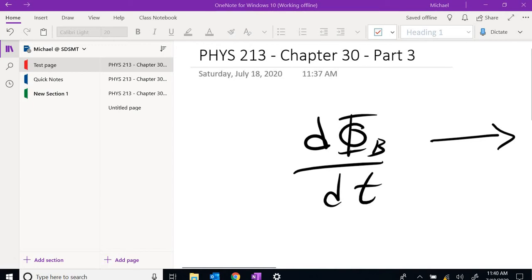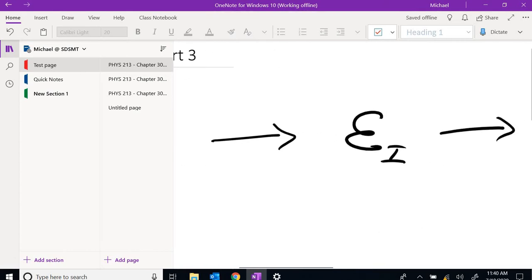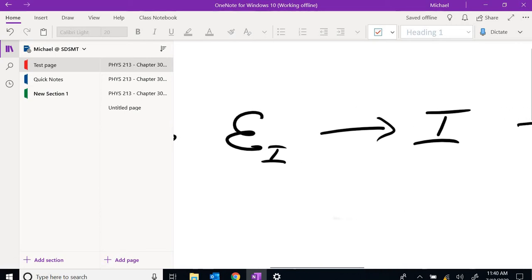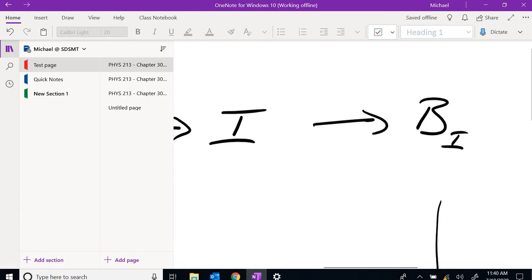And the ongoing theme for this chapter is that any change in magnetic flux can produce an induced EMF within the coil or the loop in our circuit that we're considering. And that induced EMF can then produce an induced current within the conducting material. And then that induced current can produce an induced magnetic field by way of the right-hand rule. And that induced magnetic field